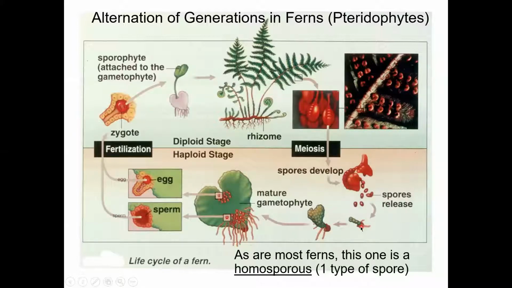And the spore comes out, germinates into something called a prothallus, which is a young gametophyte. And the gametophyte grows up into something that doesn't look anything like that. And